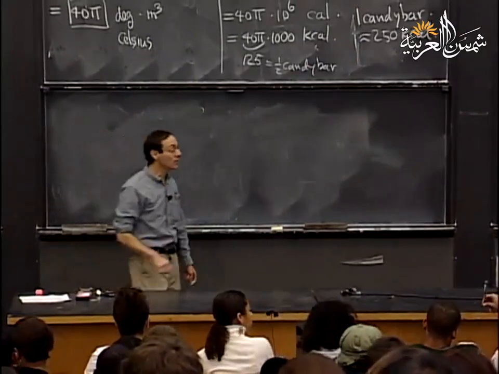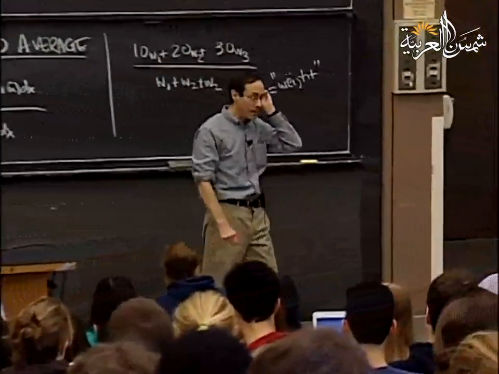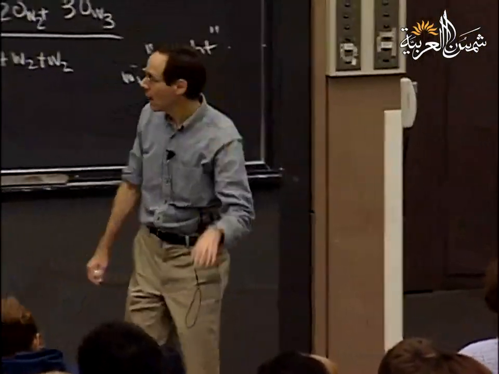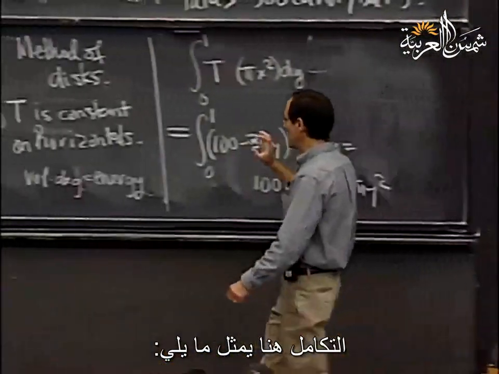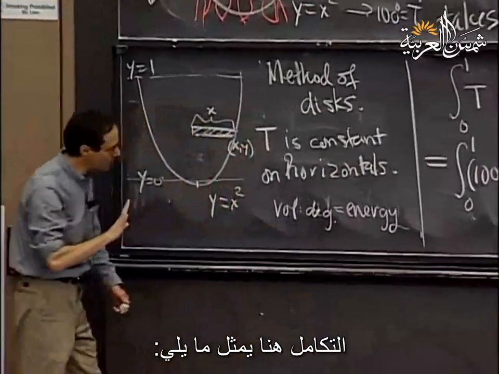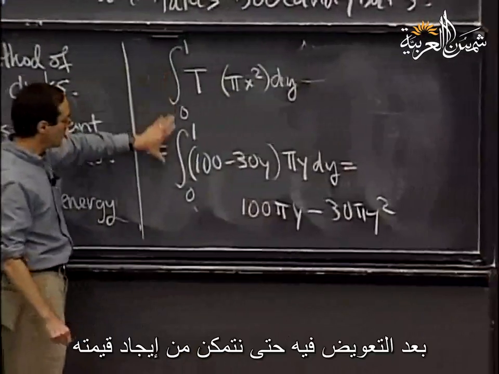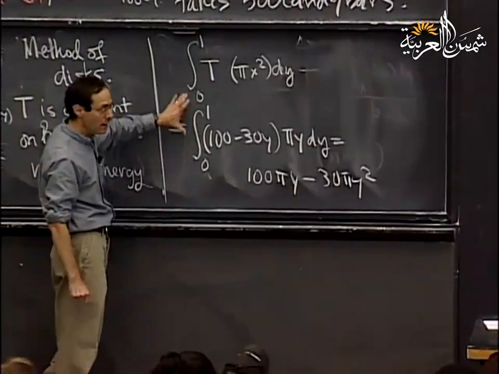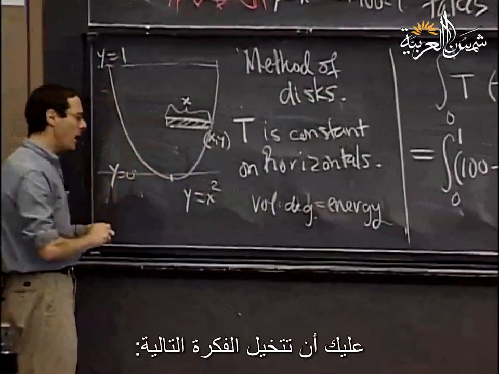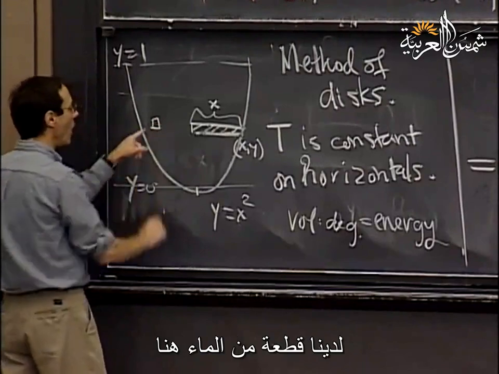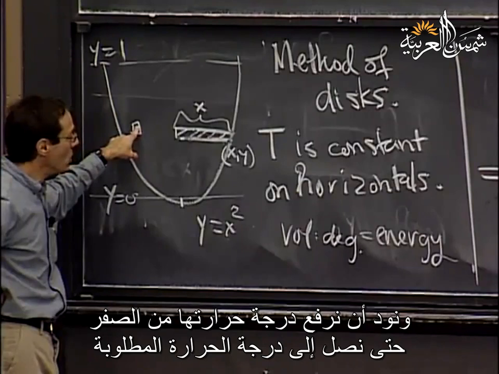Now, question. Say it again. What does the integral give us? The question is, what does this integral give us? So here's the integral, rewritten so that it can be calculated. And what this integral is giving us is the following. You have to imagine the following idea. You've got a little chunk of water in here, and you're going to raise it from 0 degrees all the way up to whatever the target